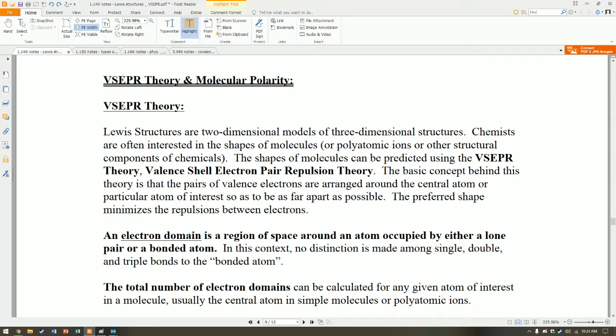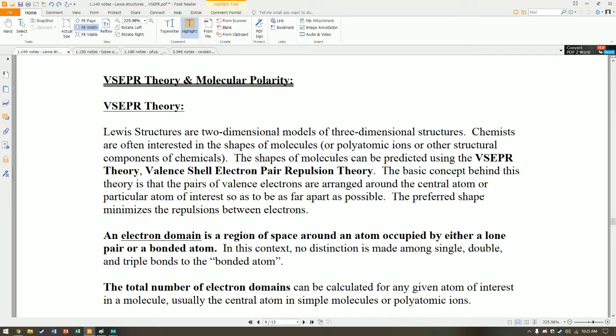Today we're going to be doing VSEPR theory. Lewis structures are two-dimensional representations of three-dimensional structures. However, we generally need to know the shapes of these molecules because it determines important properties later on. So we can use a theory known as valence shell electron pair repulsion theory, or VSEPR theory, to predict